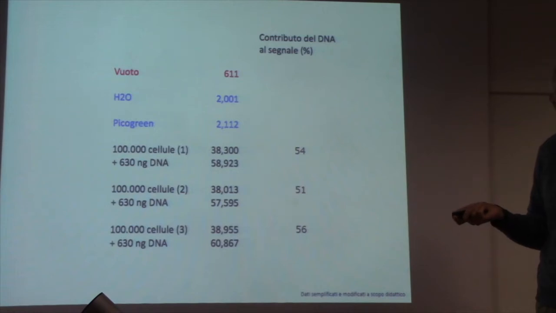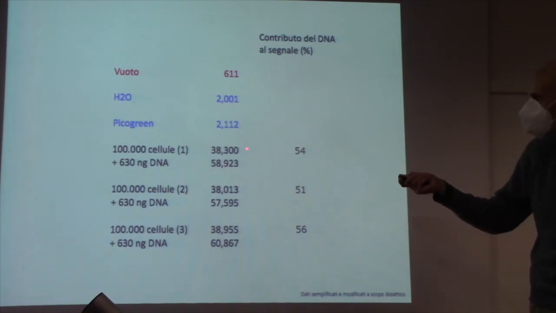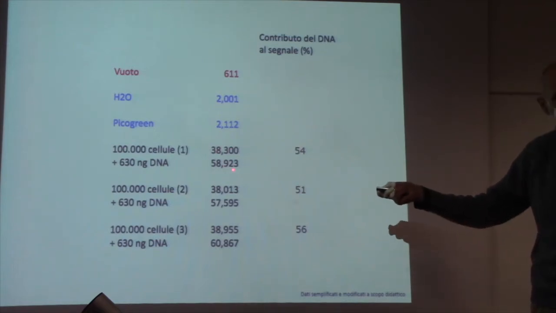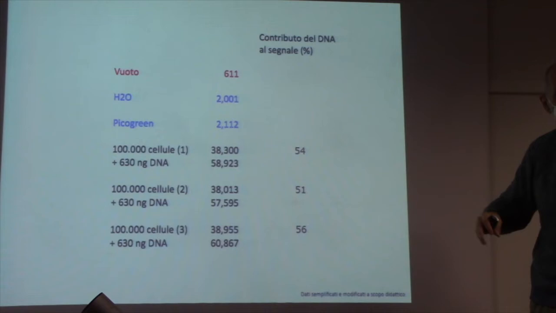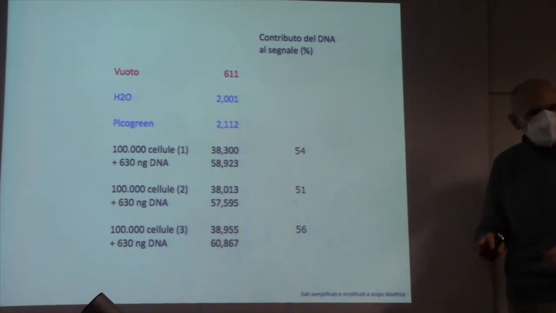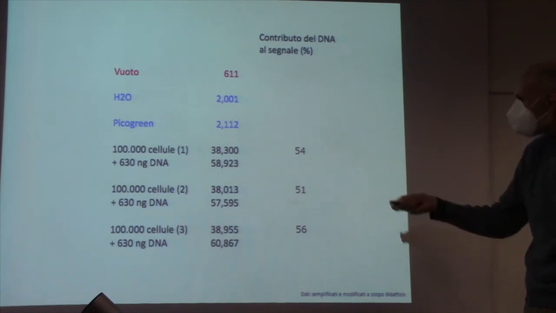So, finally we get the answer. Because we see how much the matrix interferes with DNA reading. In this number, we don't know how much is due to the matrix and how much is due to DNA. But we know that whatever is due to DNA here is doubled in this one, and the matrix stays the same. Now, this number is not double, this meaning that the matrix is suppressing to some extent the readout. By what extent? By simply doing the calculation by